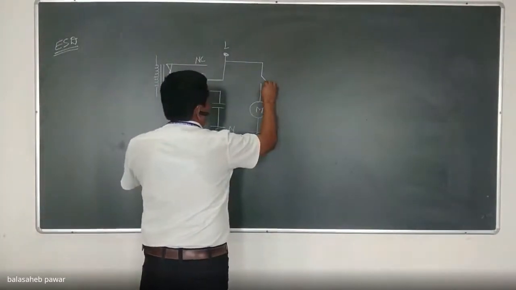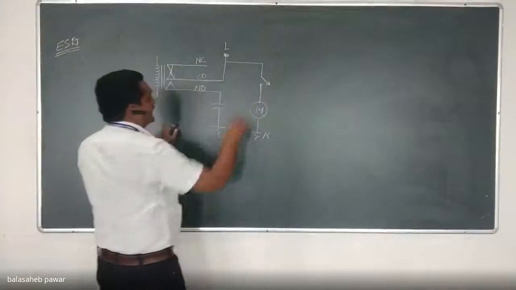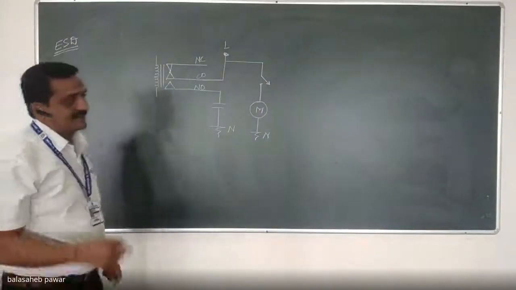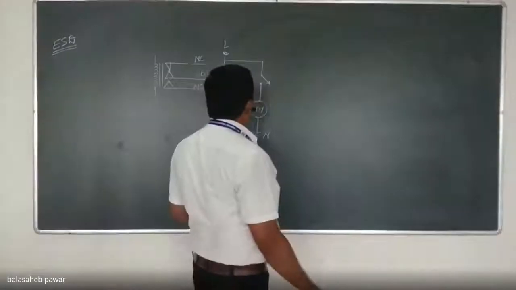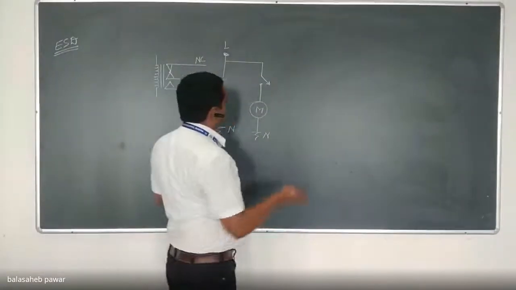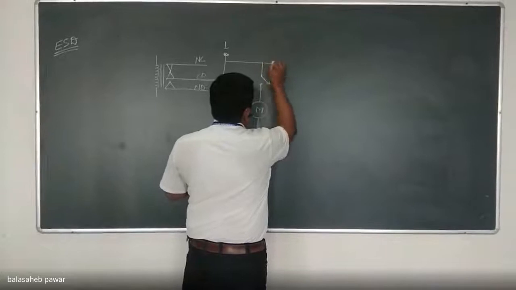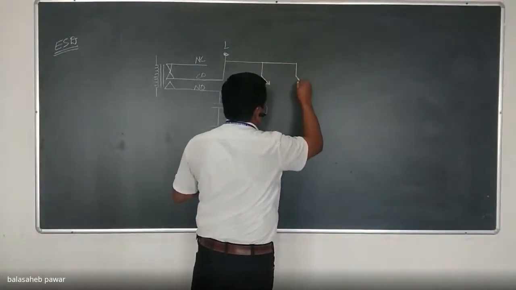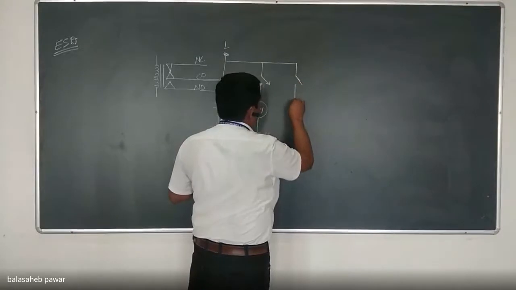So this second switch will again be a relay to turn on the motor or motors, right? There are two motors we are considering, so we have to connect them separately. Separately means a separate switch, that is a relay, will be required. Only the difference is what?